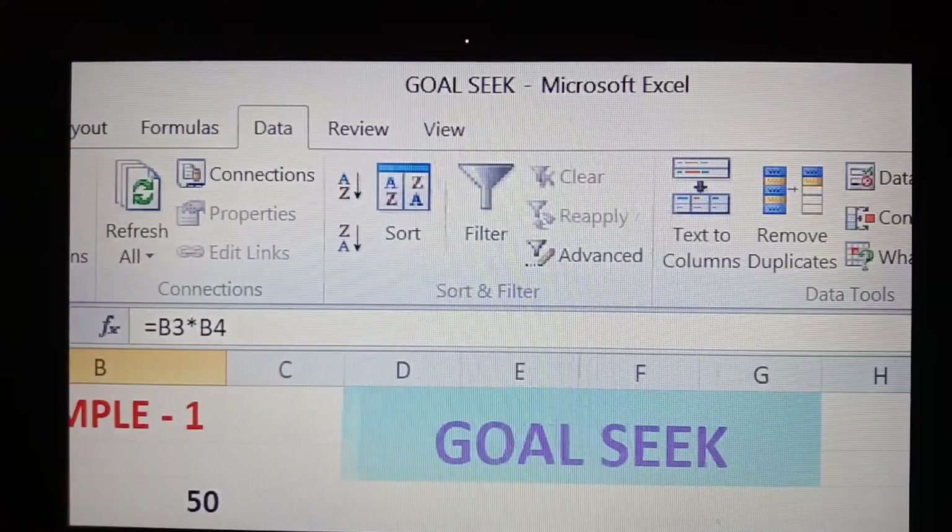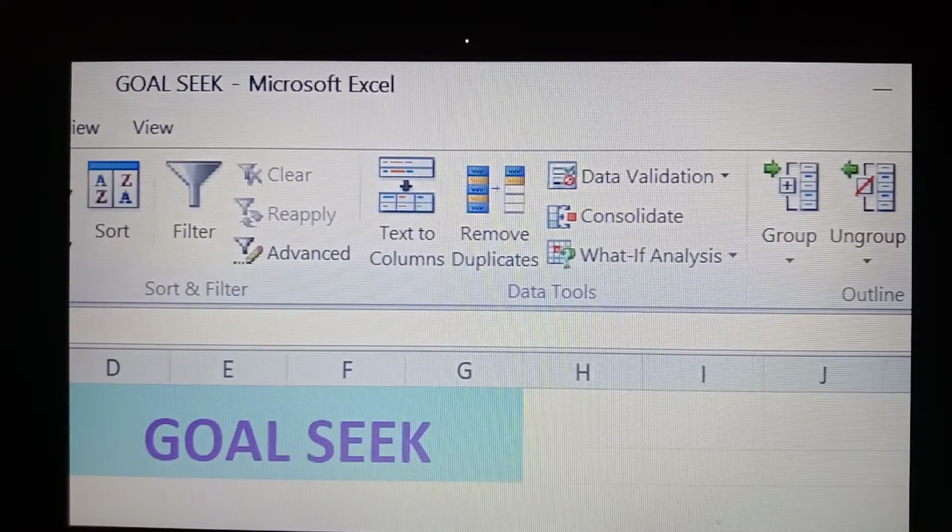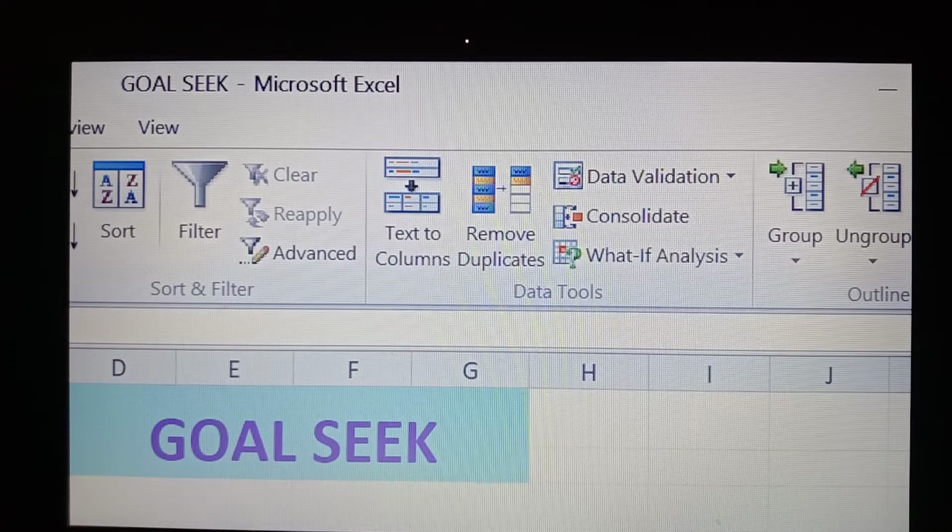In the data tab we have the data tools group. In that we click on the what if analysis option. In what if analysis we have three options, and we select goal seek.